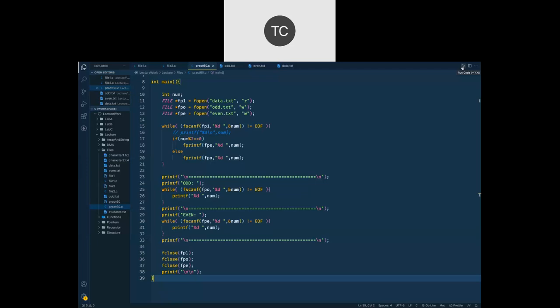Well, Hussein is saying it means it will split the file in two phases. Well, it is already splitting those numbers into odd and even. वो हमने already check कर लिया. Data file में से odd numbers को odd.txt में डाला, even numbers को even.txt में डाला. And this is the code. ये पहला वाला while loop जो है, it was doing that task. वो तो हो ही रहा है. ये एक्स्ट्रा कोड मैंने जो लिखा है इसकी वजह से क्या होगा?